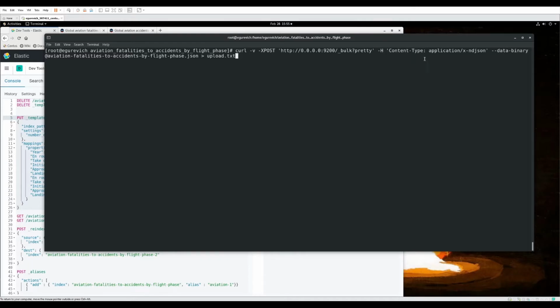We're also going to make sure that the content type is x-ndjson, which works well with large data tables that are being uploaded. And we're also going to specify the JSON file that we're going to be uploading. So you got to make sure that you're in the correct folder for this. And then just for my case, I'm going to put all the output into a text file for me to